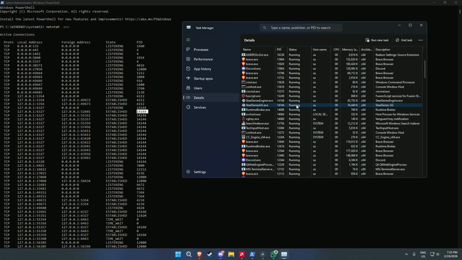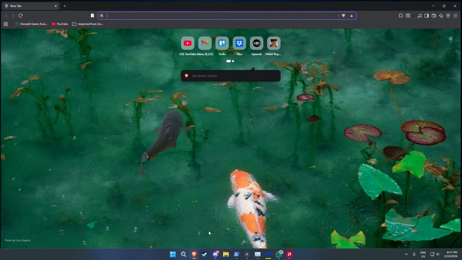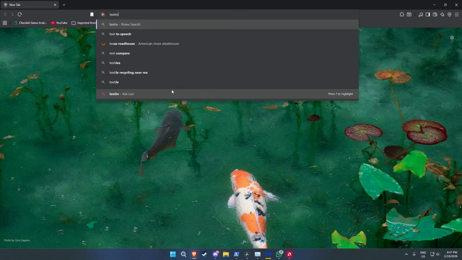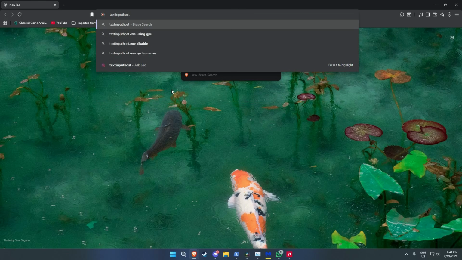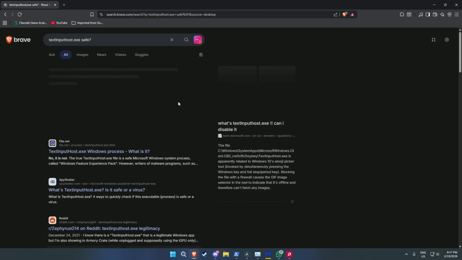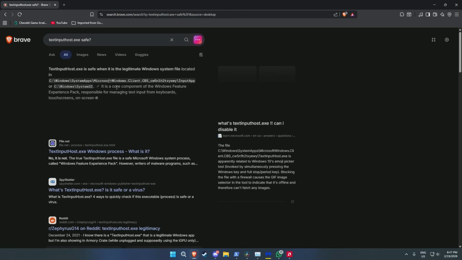You could do a quick Google search on what that service is. For example, this says text input host. If you did not know what this means, you could always put this exact text, TextInputHost.exe, in your Google or whatever browser you're using, and your browser will tell you exactly what that particular file is for. For example, we can just come over to a browser here and write in TextInputHost.exe safe? Asking our browser if it is a safe file on our computer, and it says